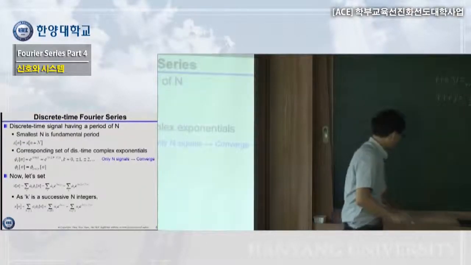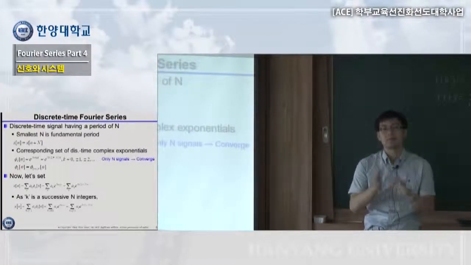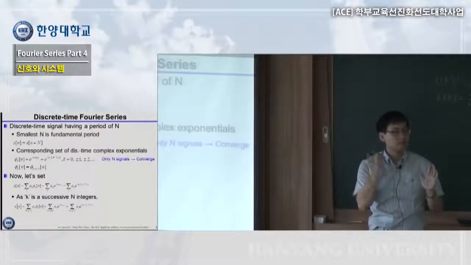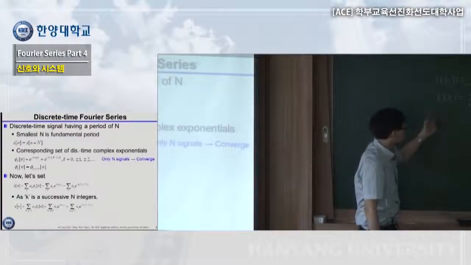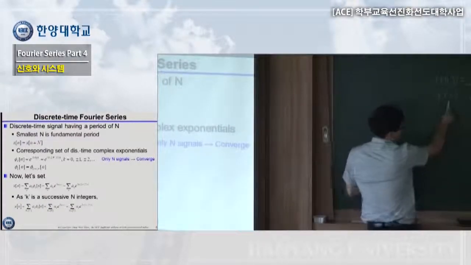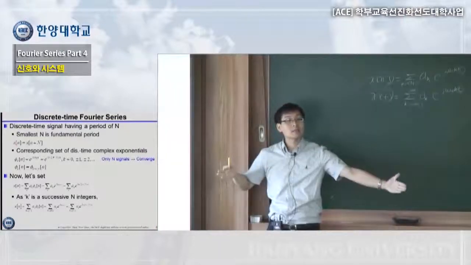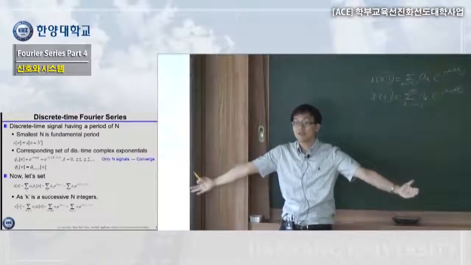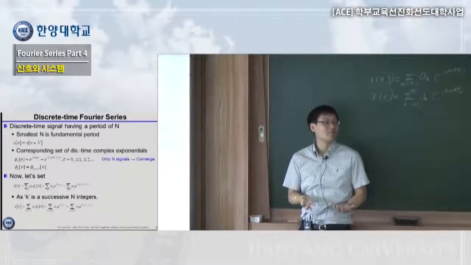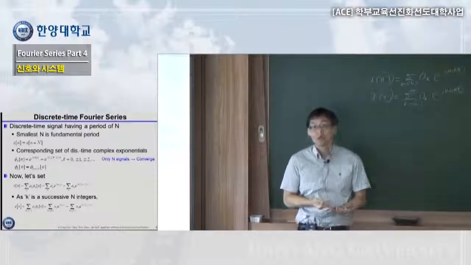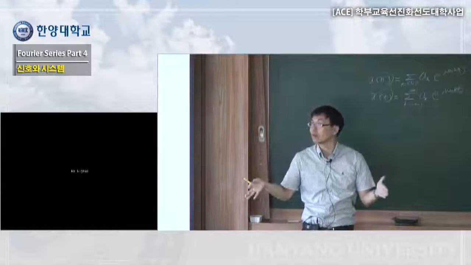So if you remember, I keep on saying that discrete time and continuous time have many similarities, but there are a few differences. One of the few differences here is, of course, the symbol is different, but this one is minus infinity to infinity. Infinite always has a chance to go to infinity. So there's some chance that they cannot converge, they may diverge. However, in case of discrete time, as they're repeating by period of n,